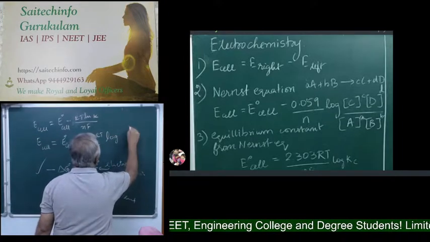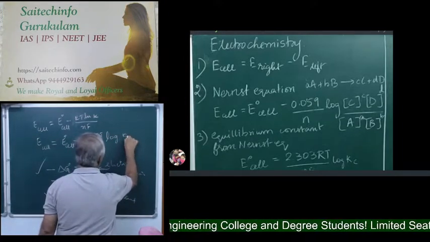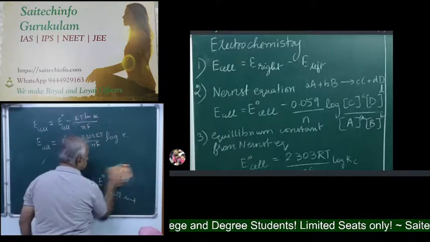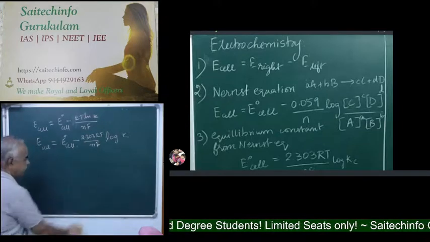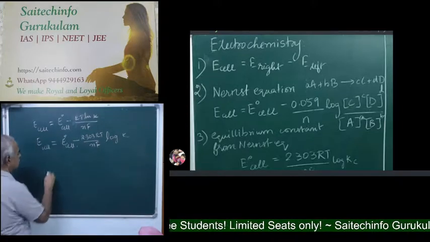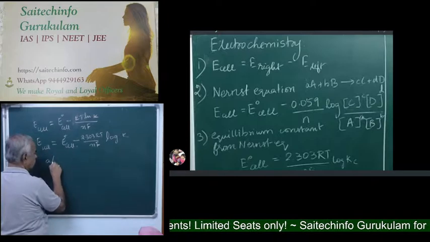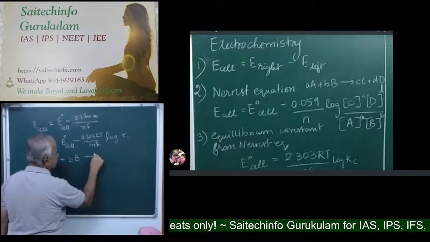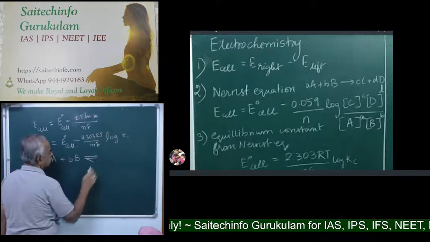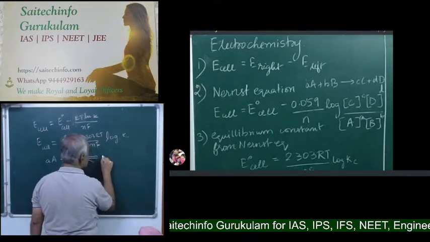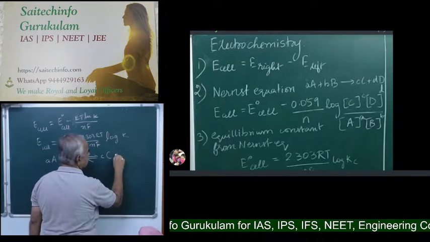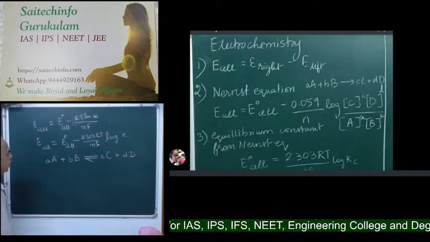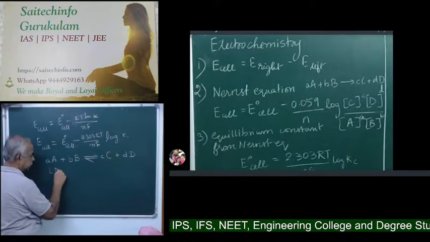Log of K, and this K is nothing but the equilibrium constant, which we can derive separately. Let me consider a moles of A reactant and b moles of B reactant, which give, in an equilibrium reaction, c moles of C plus d moles of D, like that. According to the law of mass action,